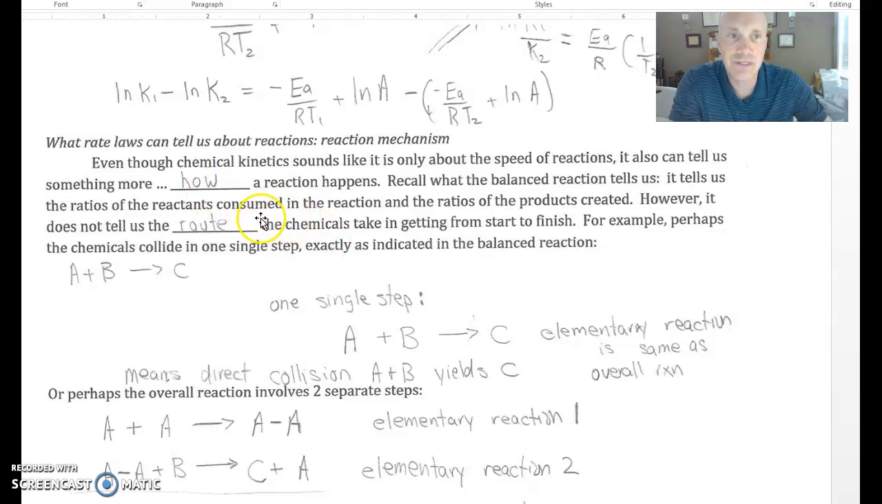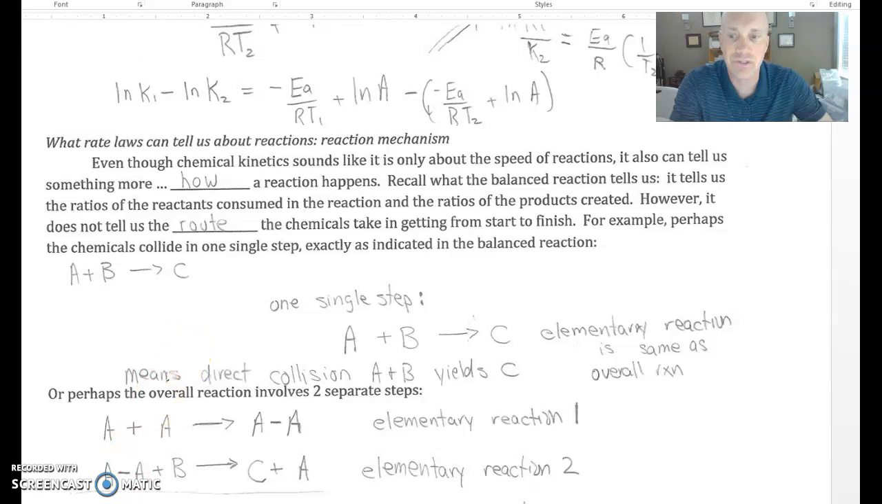So one of the interesting things about chemical kinetics is that it can tell you the exact route that a chemical reaction takes in getting from starting materials to product. This route that the chemical reaction takes is what's called the reaction mechanism. And in this video, we're going to talk about how we can use chemical kinetics to show how exactly a